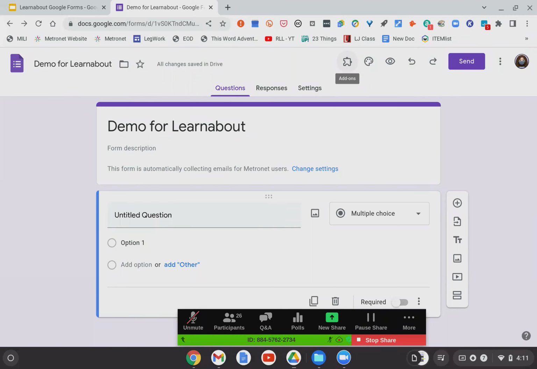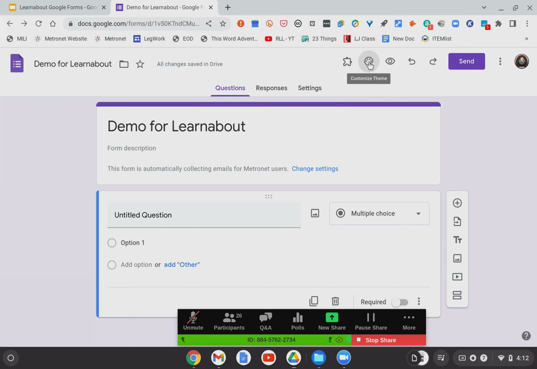It pretty much, the idea exists, I would imagine. So that's what the add-ons are for. And like I said, we won't spend time with that today because it's more of advanced features. But if you are looking for information about add-ons, let me know that, and I will happily put together an entire advanced add-ons tab for Google Forms. I'd be happy to do that for you in the future.